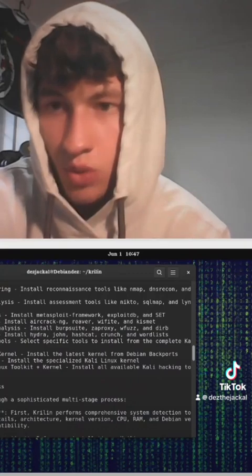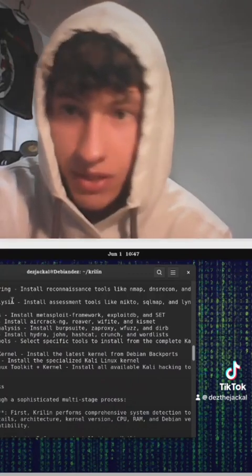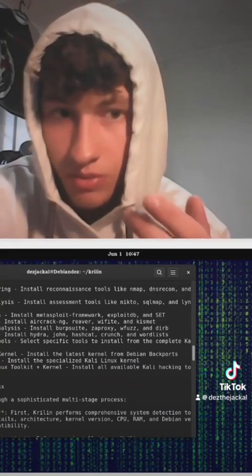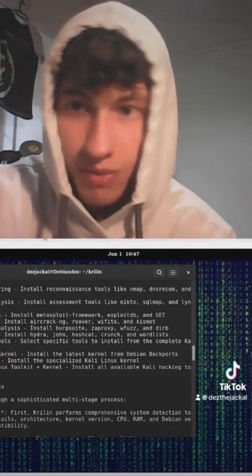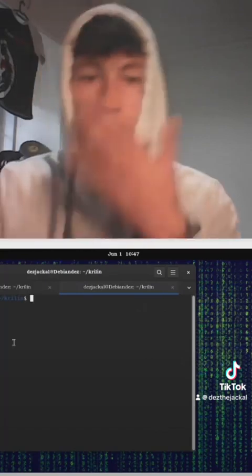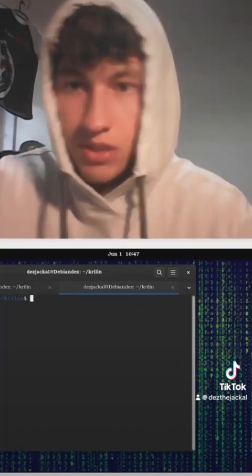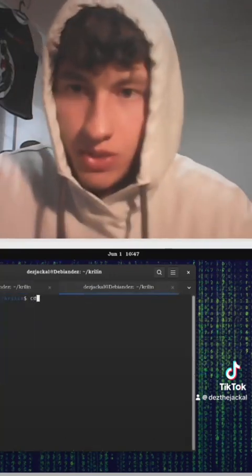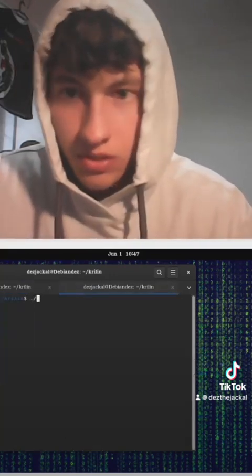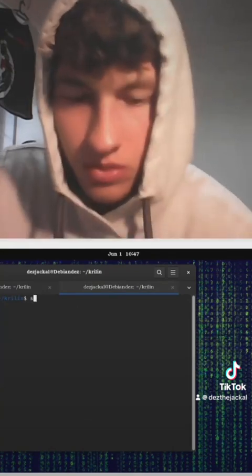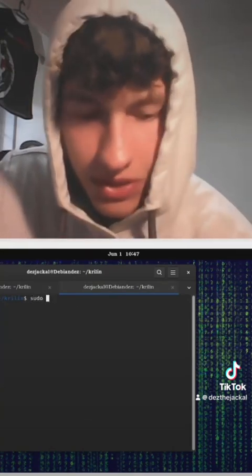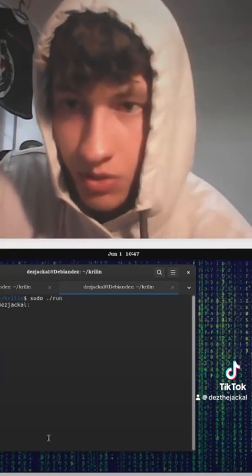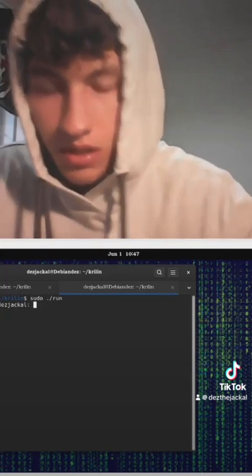Okay, and then of course when that happens, we're gonna get a nice interface, and it's gonna basically let us install a bunch of things like information gathering tools, vulnerability assessment tools, exploitation tools, web analysis, and a bunch of other things. So let me actually quickly use this. Okay, so let me just quickly check here. For me it's easier because I already have it installed. Let me quickly get into sudo for root privileges, ./run. Okay, it's gonna ask me a password, so I'm gonna quickly put my password in here.